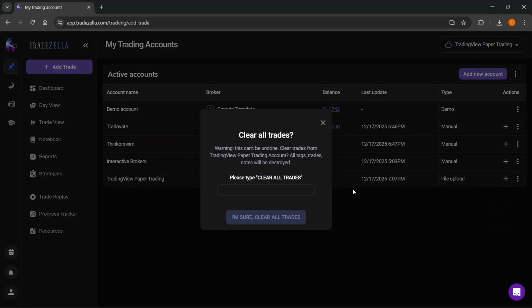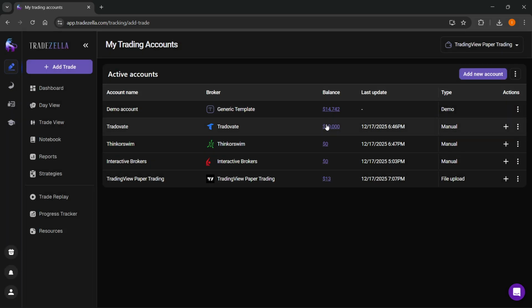What this will do is basically clear all trades. All you have to do is type in Clear All Trades like this, press on I'm sure, clear all trades, and that's going to do it. However, if you want to completely reset your account, what I would recommend, if you're okay with that, is to